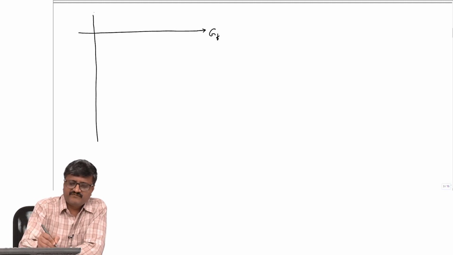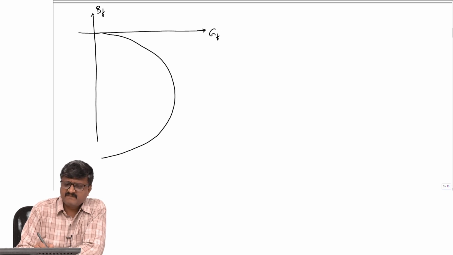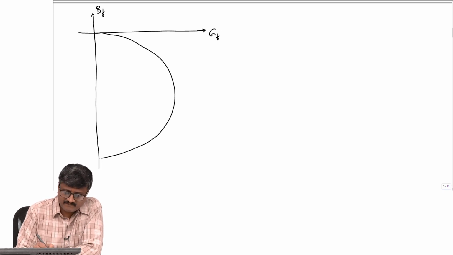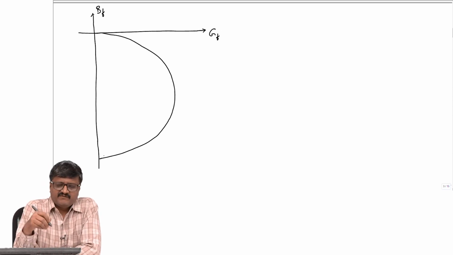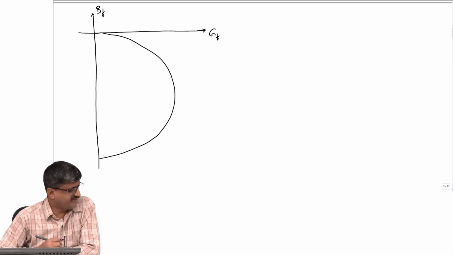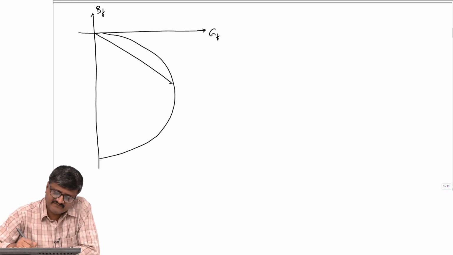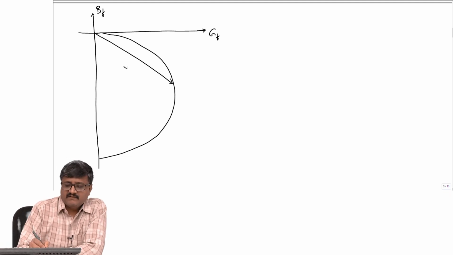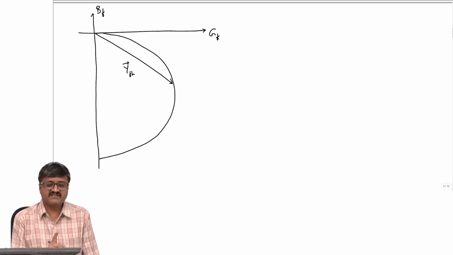So, GF, this is BF. So, I have this semicircle. So, YFH is given, that means this YFH first of all should lie on this semicircle. So, it is somewhere on the semicircle, we do not know where it is. So, let us assume that some value is given. So, if YFH is given, suppose this is YFH, okay. This is YFH. Please note GF and BF are real and imaginary parts of YFH.